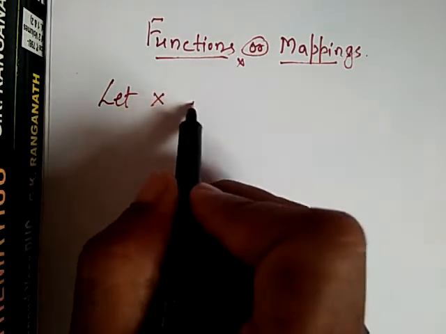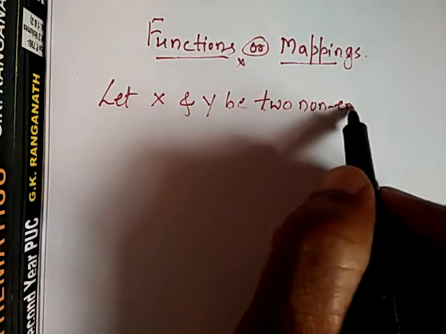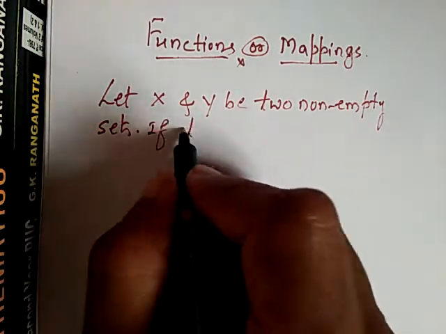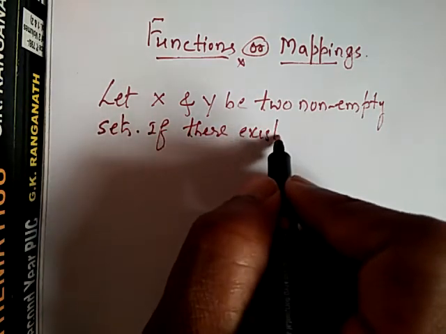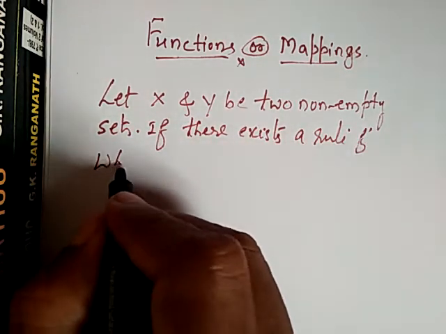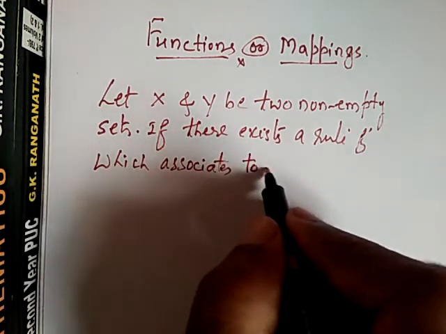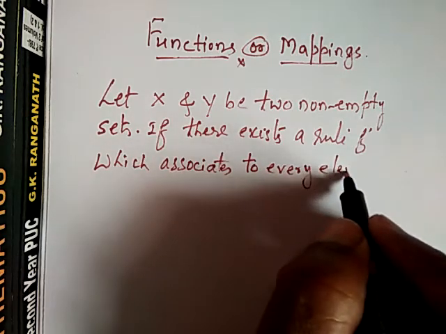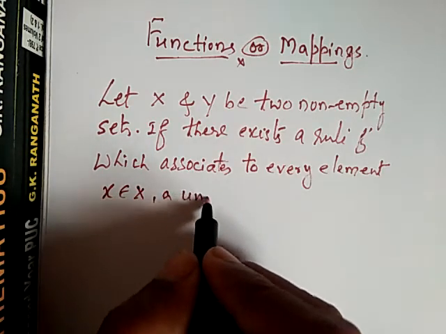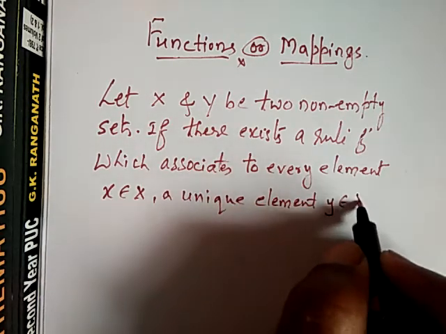Let X and Y be two non-empty sets. If there exists a rule f which associates to every element x belonging to X a unique element y belonging to Y,